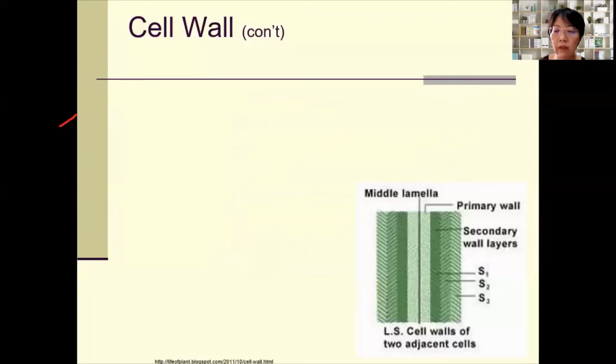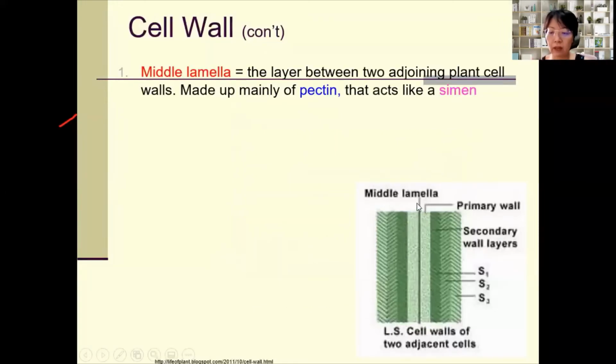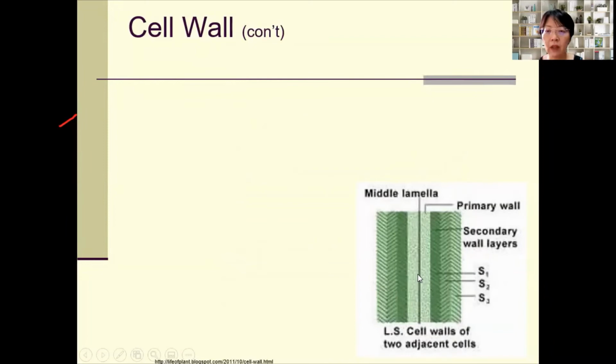So look, when you've learned about the cell wall, see this middle lamella. This is the cell wall of the cell on the left, and this is the cell wall of the cell on the right. They are made of layers. The first layer formed is called the primary wall. Then after that, the secondary walls are formed during differentiation. See, there are a few layers of secondary wall, and you see the lines they draw here are at different